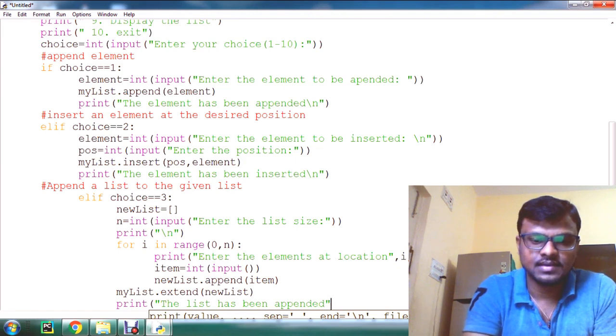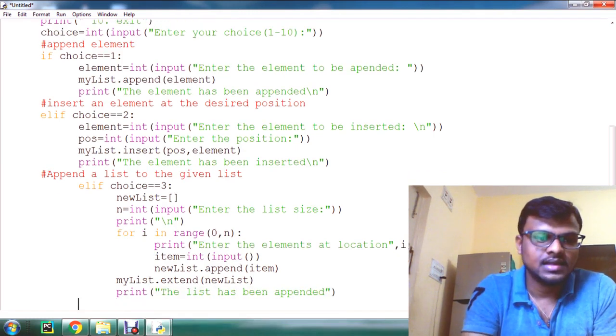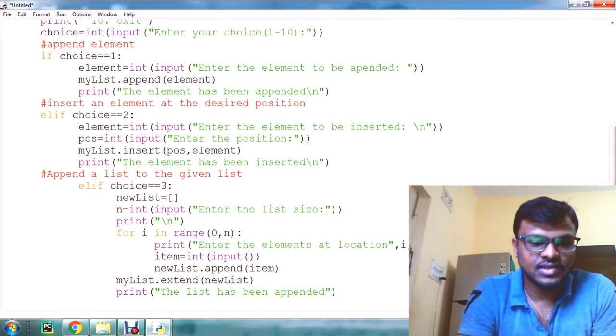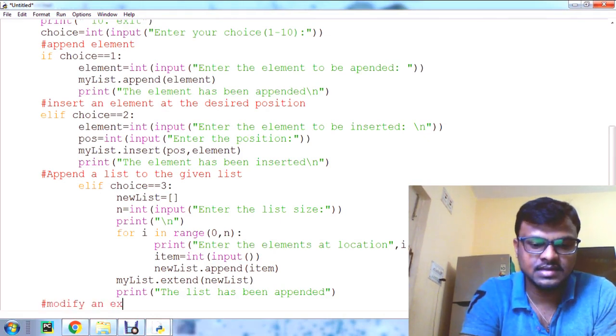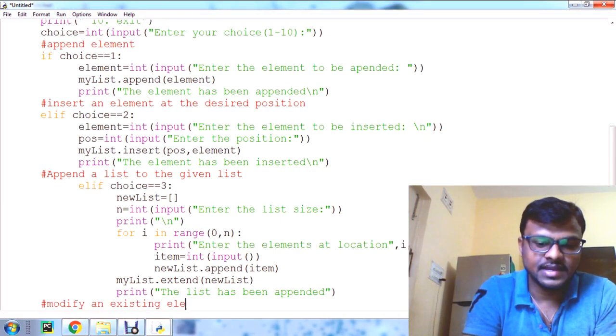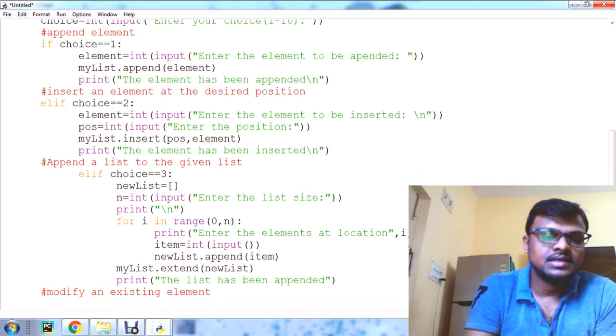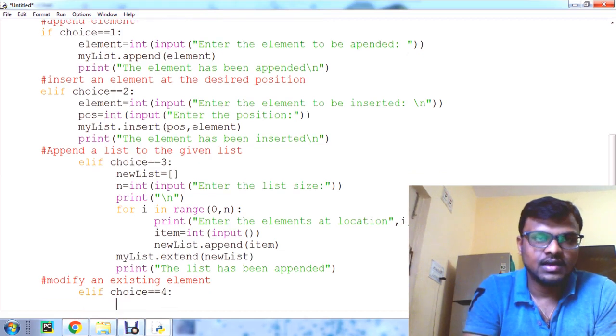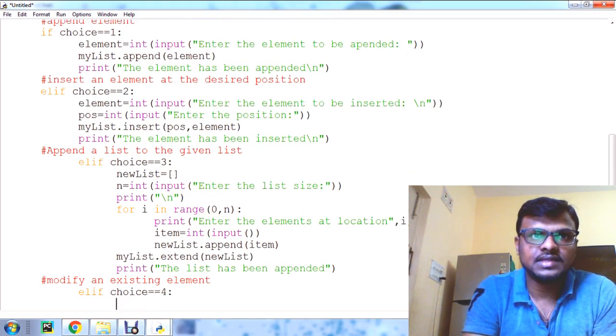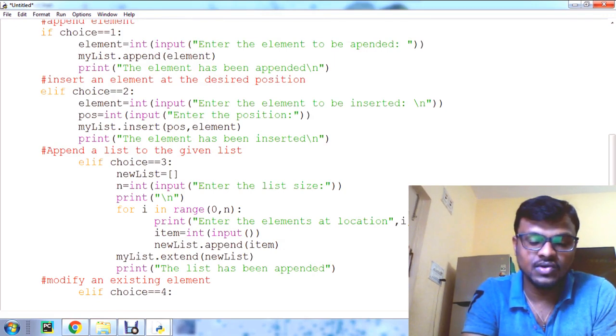Okay, so now we'll move to the fourth operation, that is modify an existing element. Here we need to check elif choice is equal to 4.